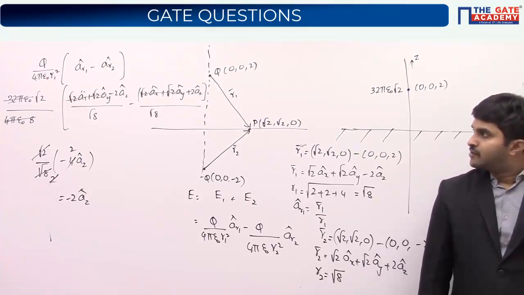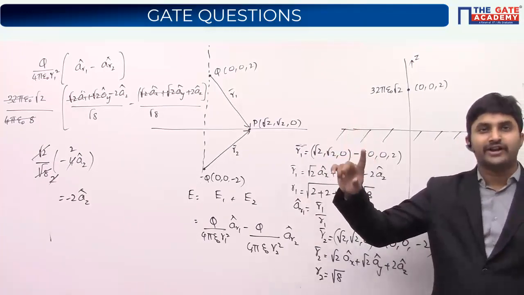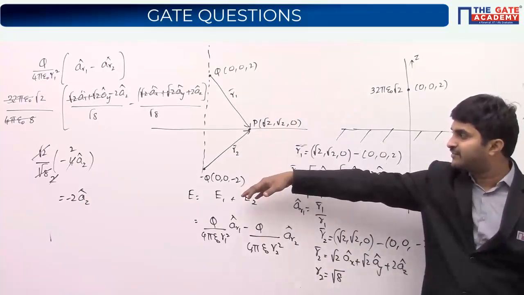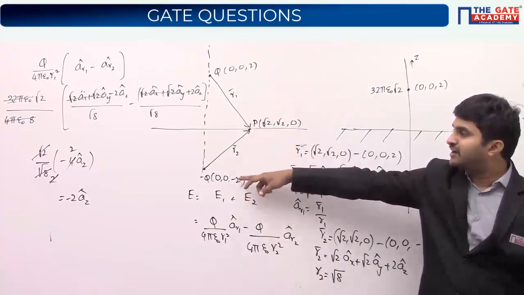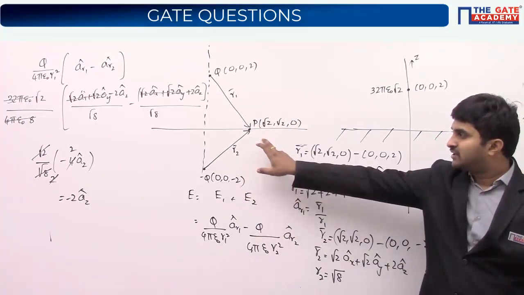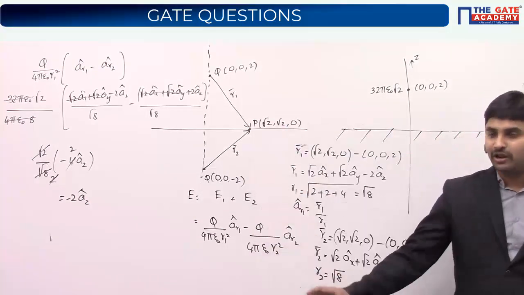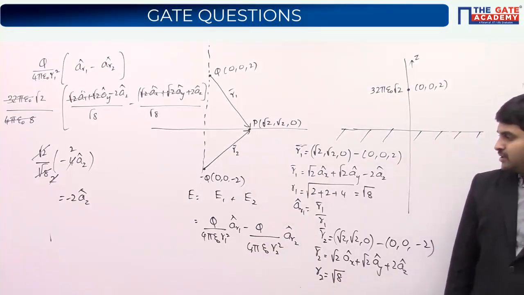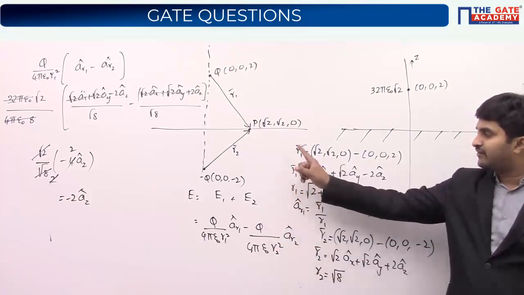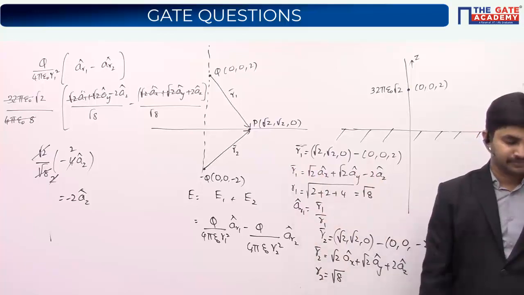Right? If you remember, when we discussed the concept of point charge, we discussed one charge which is positive and one charge which is negative, kept at identical distances. Then how do we find the electric field at a particular point? We have used the same concept, no change at all. Every time you have a problem like this, the only thing is that you have to find the values of R1 bar and R2 bar. Once you are able to find them, it is almost solved.